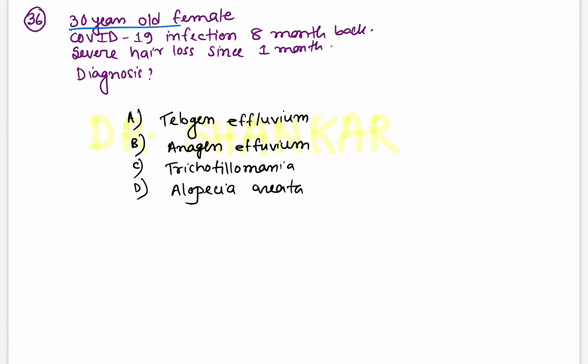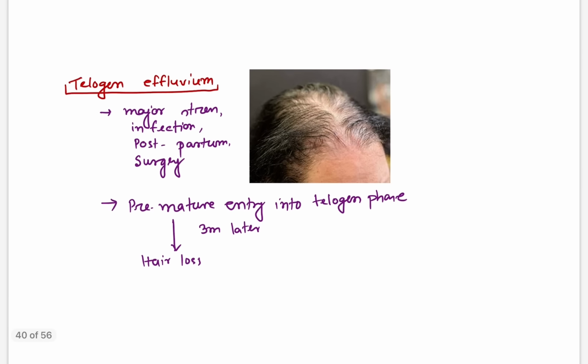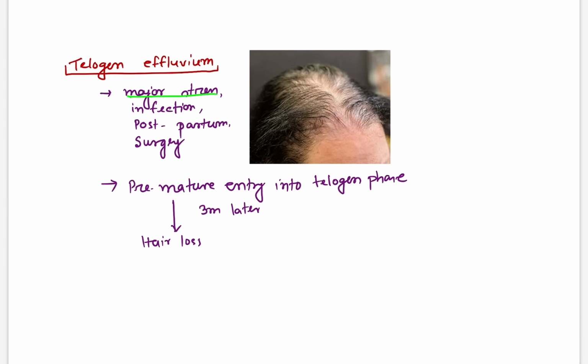A 30 years old female, 8 months following COVID-19 infection, has had severe hair loss for 1 month. So there was a history of COVID infection 8 months back, and the patient now has a complaint of severe hair loss for the last 1 month. What is the diagnosis? Whenever there is some insult or major stress, surgery, infection, and in case of postpartum period,